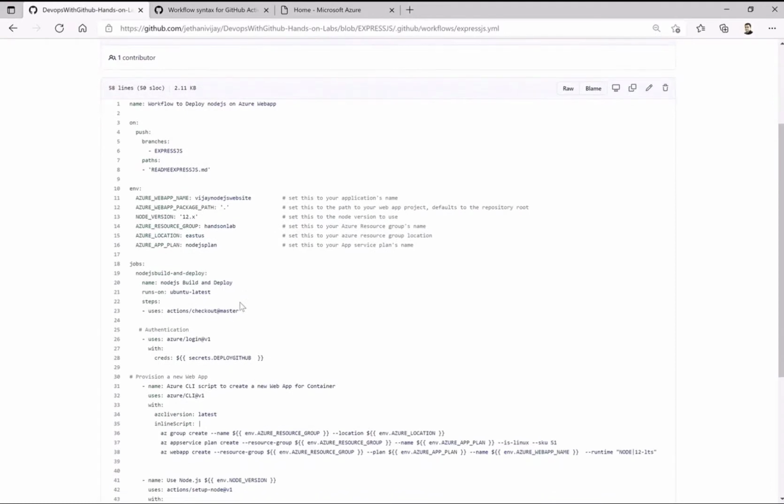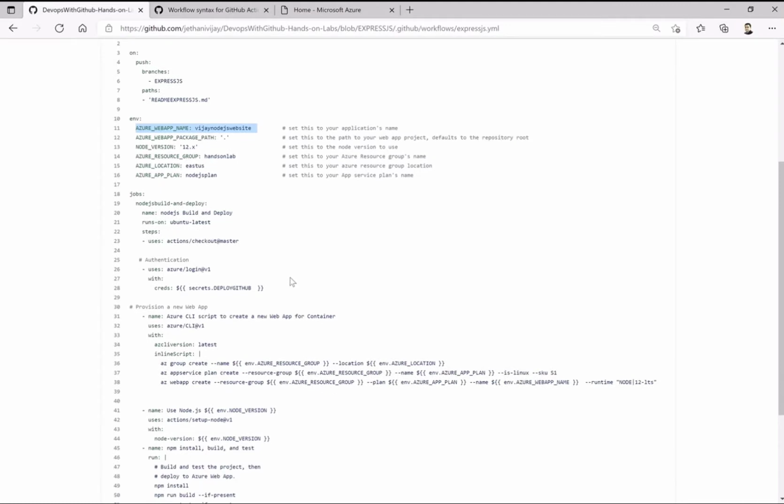Okay, now there we also have to take care of environment variables. In a normal scenario, in scripting as well, we do so. Similar case here. So I am giving some name to this web app. Similarly, I want to have some version of the particular node I'm using, a resource group which I want to create, the location, and what kind of app service plan I'm going to create with that. Okay, now I have a structure above saying on what this workflow will run, and these are the variables. What next?